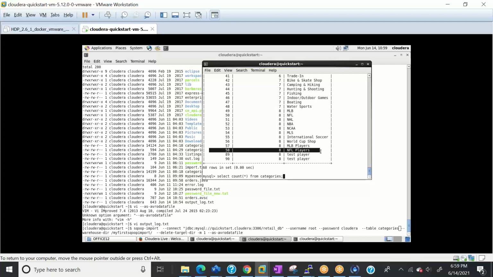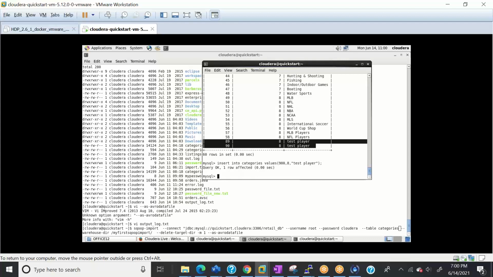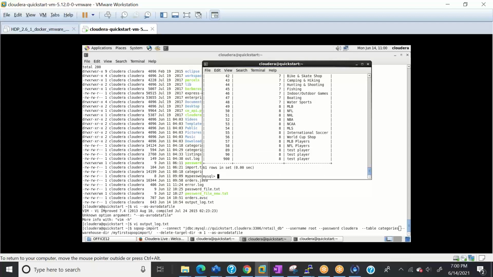But the 2 rows which I created for you guys are 80 and 90. Even let me do one thing. I will put one more row with 900. I'll insert it. Now if I show you, I have 61 rows, and one is the outlier.